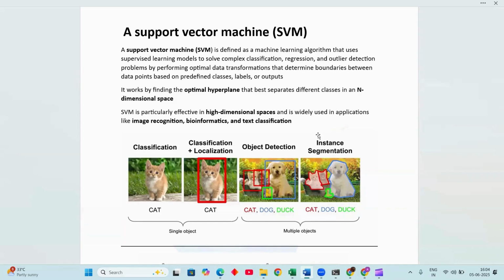It solves complex classification, regression, and outlier detection problems by performing optimal data transformation that determines boundaries between data points based on the predefined classes, labels, or outputs. It works by finding the optimal hyperplane that best separates different classes in n-dimensional space. SVM is particularly effective in high-dimensional spaces, and it is widely used in applications like image recognition, bioinformatics,